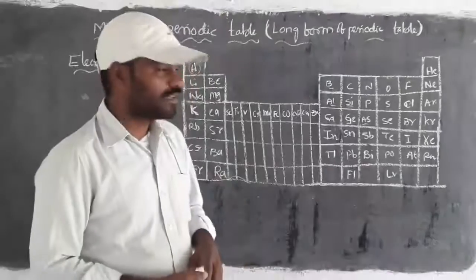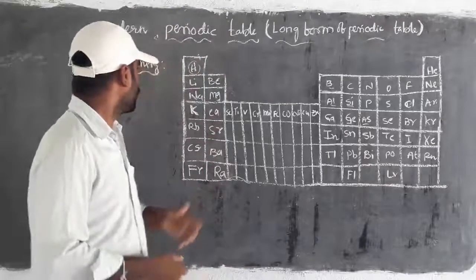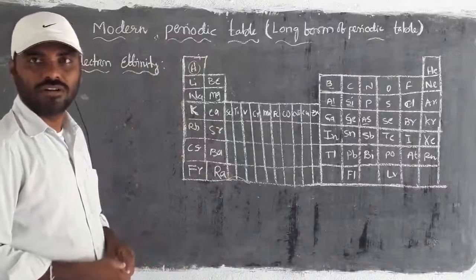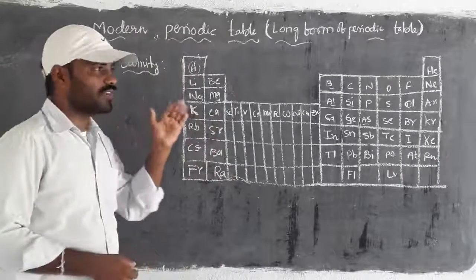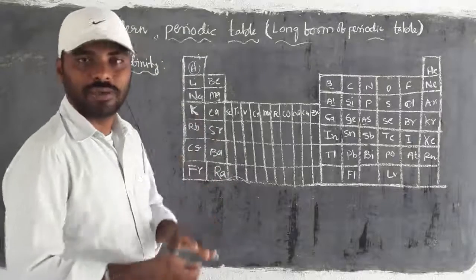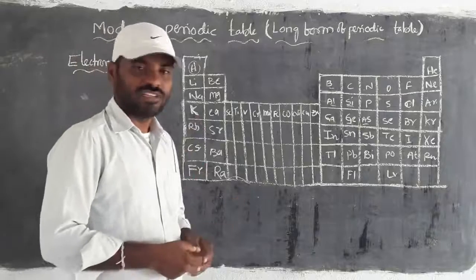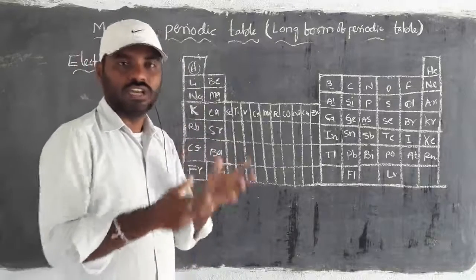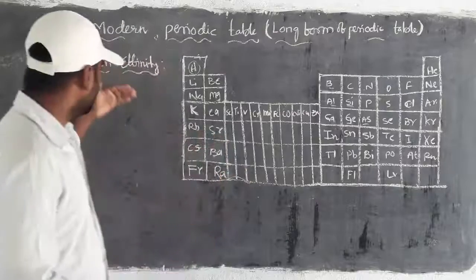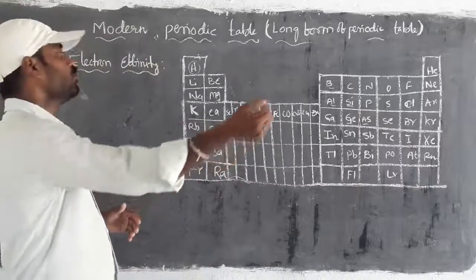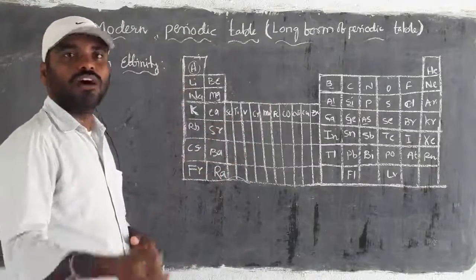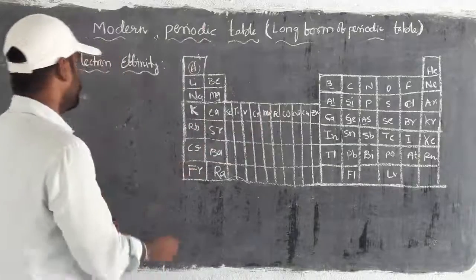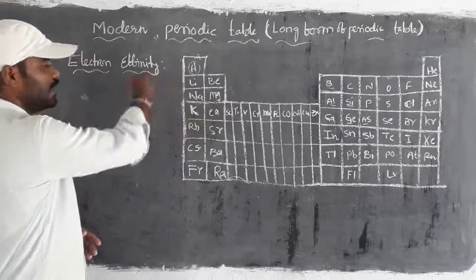In explanation of the next concept, that is electron affinity. It is a reverse process when you compare it with ionization energy. In ionization energy, we are removing one electron from the outermost shell of a neutral atom. But in this, we are joining one electron to the atom, that too in the outermost orbit. Then what happens? When the electron is joined in the outermost